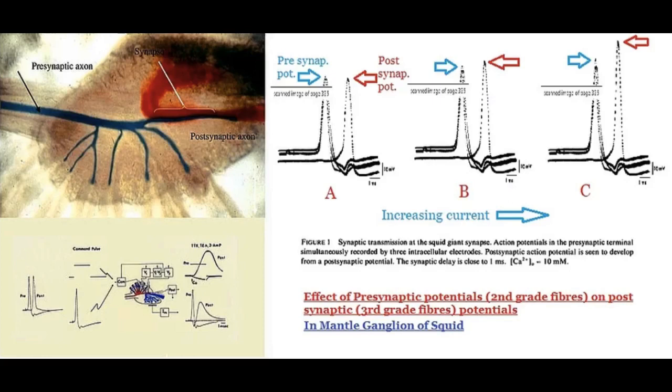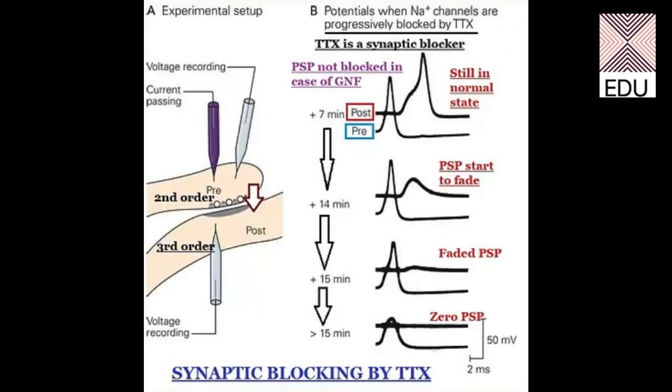So this is showing the effect of the presynaptic potentials from the second grade fibers on the postsynaptic potentials of the third grade fibers. So this is a very important part, and you should be very clear about these three diagrams. Now we are considering the fourth diagram, and this diagram is about the synaptic blocking of the